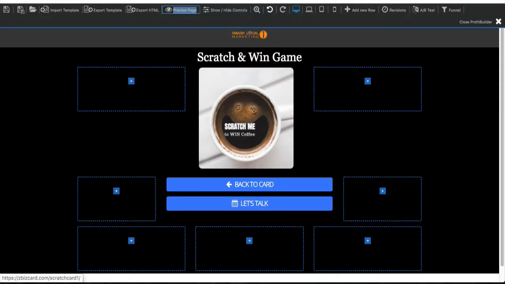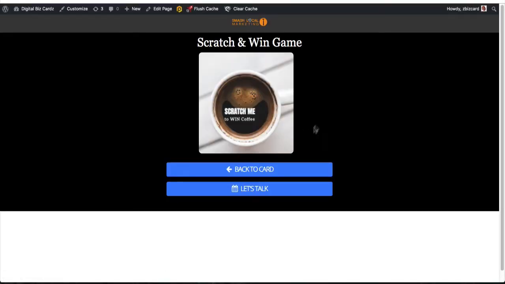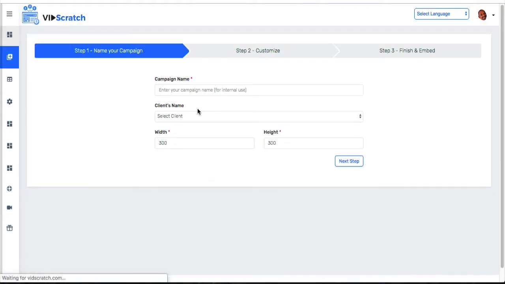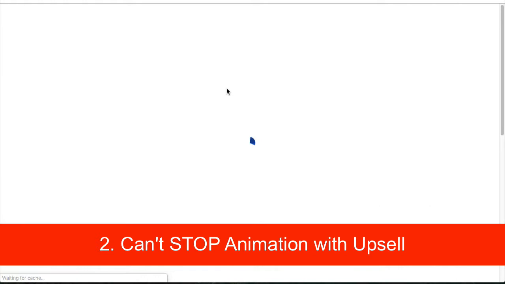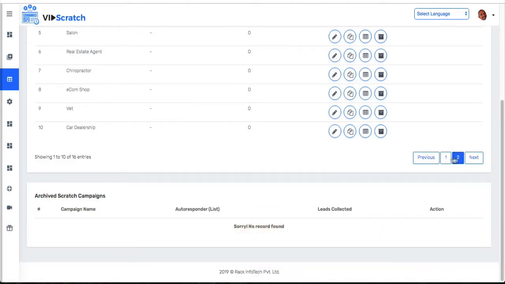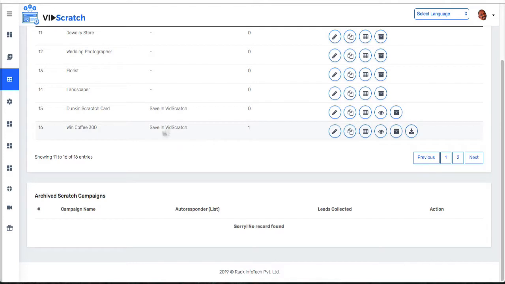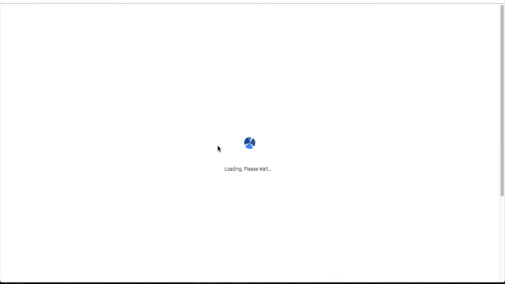You can see that this scratcher keeps doing this animation, and you'll see here in a second, should be the animation. Yeah, see that animation? I've tried to go in several times to change the animation to 0. I don't want any animation. But when you get the upsell, it forces the animation on you. Let me show you what I mean. If I go here, and let's just go find this actual one. Here we go. This one right here, right? Win Coffee, 300. If I go here and I try to edit this info,